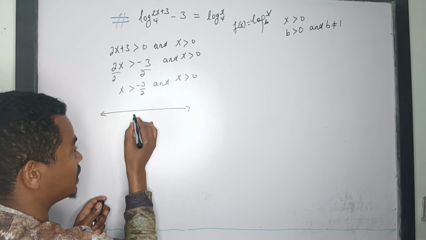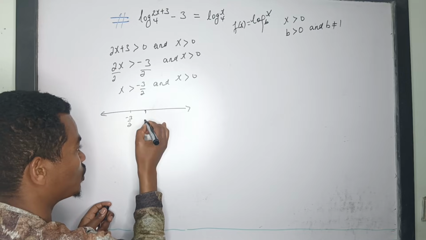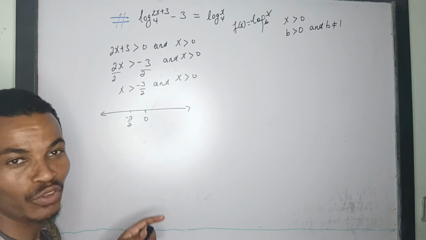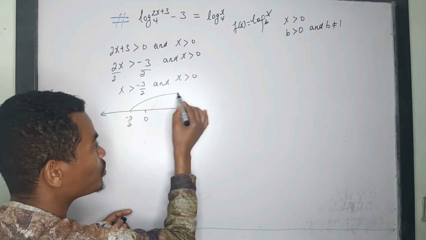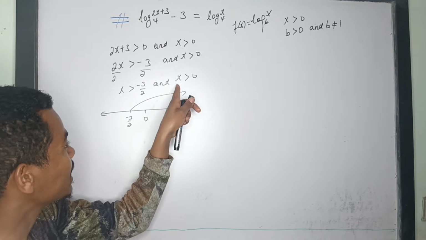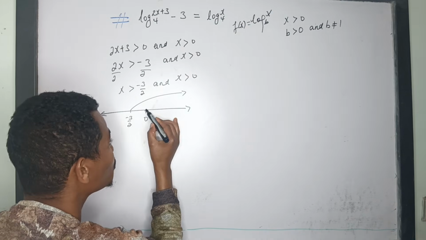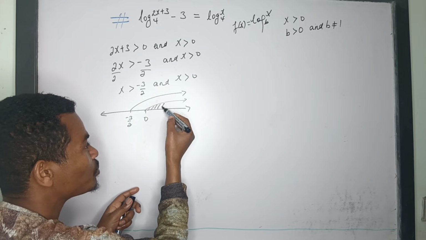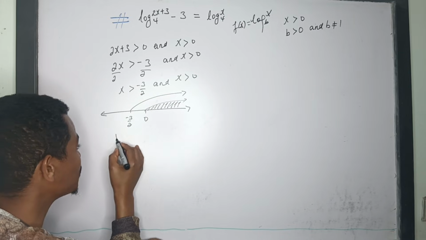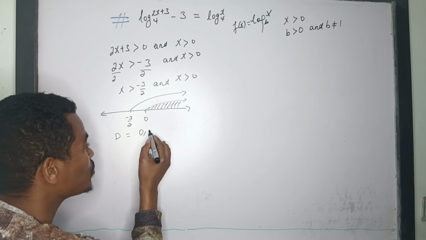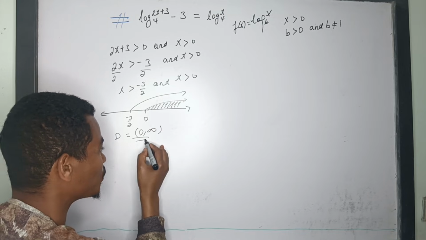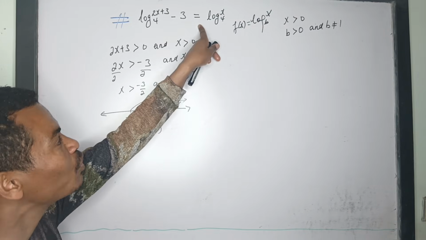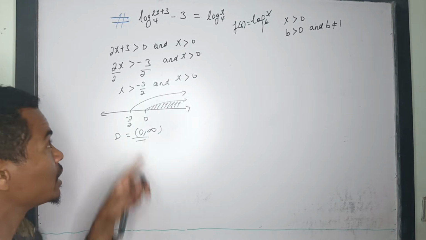okay just minus 3 over 2 እዚህ ጋር ቢሆን around this one 0 because minus 3 over 2 is to the left of there okay then x greater than minus 3 over 2 ማለት ከminus 3 over 2 በቀኝ በኩል ማለት ነው x greater than 0 ማለት ደግሞ ከ0 to the right ይሆናል so and shows an intersection ስለዚህ intersection ፓርቱ ከዚህ ጀምሮ ይሆናል ስለዚህ ዶሜኑ ምን ይሆናል ማለት ነው ዶሜን is equal to from 0 to positive infinity ይሆናል ማለት ነው that means የምናገኘው ሶሉሽን በዚህኛው ኢንተርቫል ውስጥ የማይገኝ ከሆነ ይሄ logarithmic equation እኩል መሆን አይችልም ማለት ነው